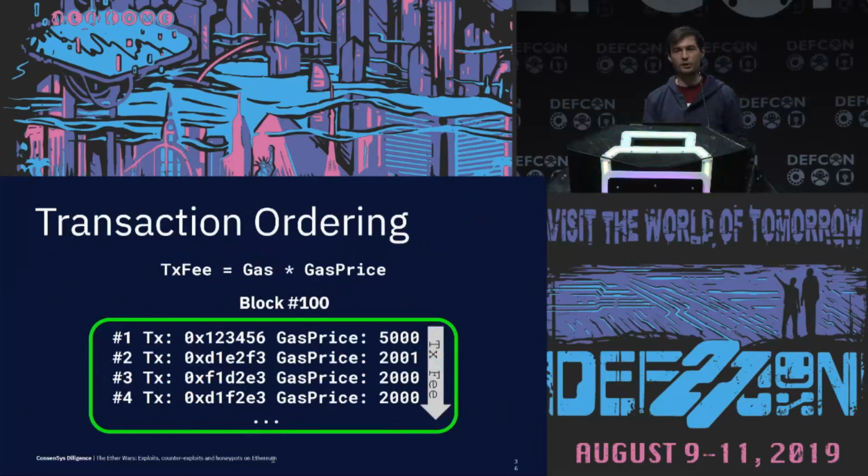Another important part is transaction ordering. So the miners, every time they find a block, they get a reward. So they get some ether. But they also get some fee. Each transaction has a fee attached to it. And when they add that transaction to the block, they also get that fee. So they are incentivized to add as many transactions as possible and to have the transactions as profitable as possible